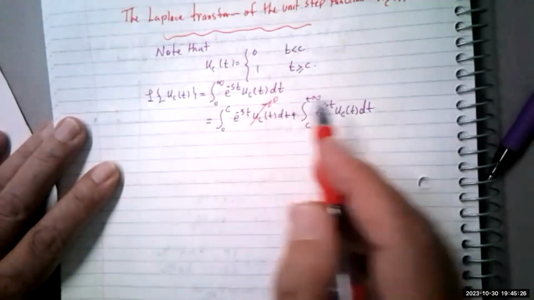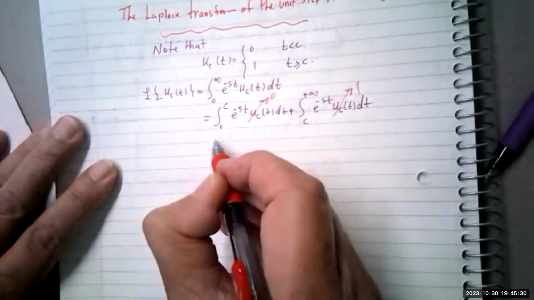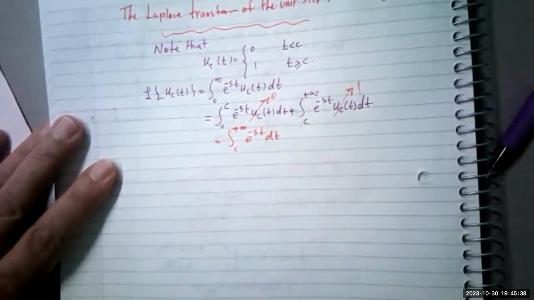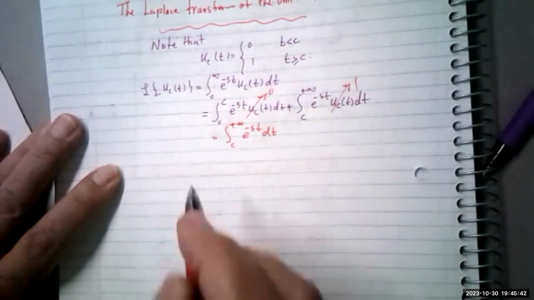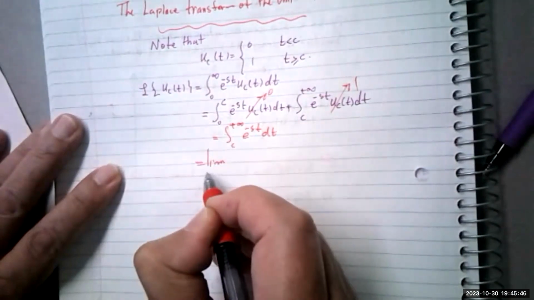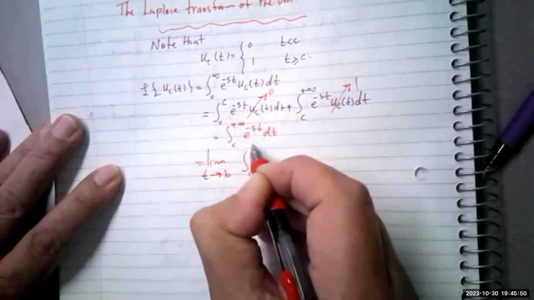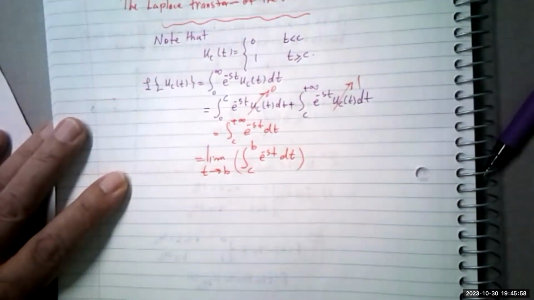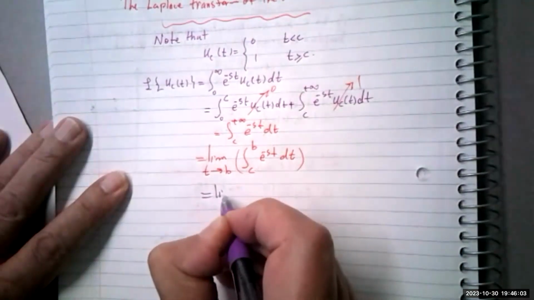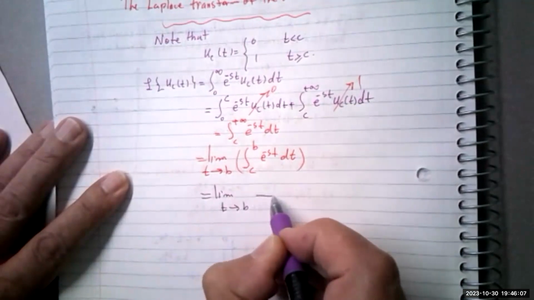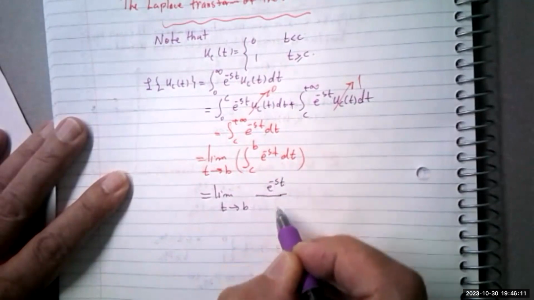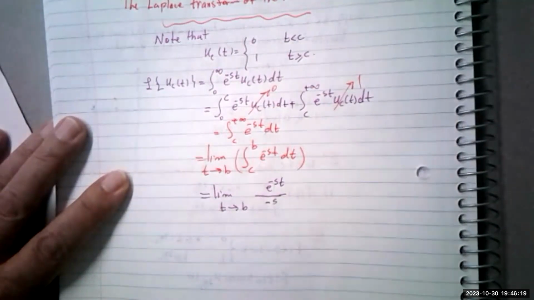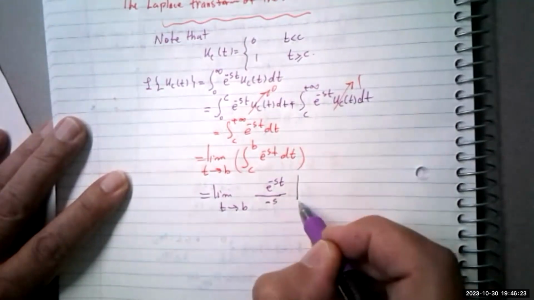When t is bigger than c, the function is 1. So we arrive at the integral of c to positive infinity e to the negative st dt. Now integrate it. How we're going to integrate it is the limit of, let's say, b goes to infinity, integral of c to b, e to the negative st dt. So the integral of e to the negative st dt is what? The exponential function never changes, e to the negative st, but you have to divide by u prime. What's u prime? Negative s, because you differentiate with respect to t. Going from c to b,